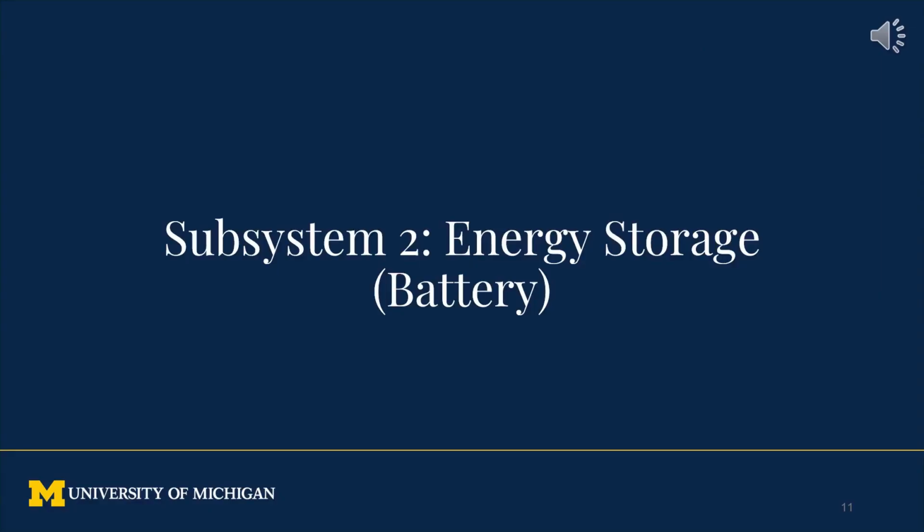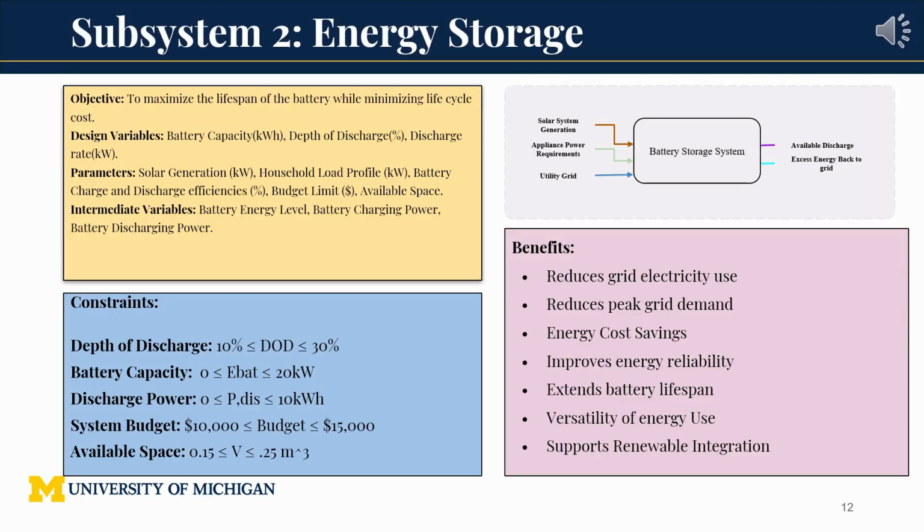Now we move on to subsystem 2, energy storage through the use of a battery. Our goal through subsystem 2 is to maximize battery lifespan while minimizing total lifestyle cost. To do this, we focus on 3 key design variables: battery capacity, depth of charge, and discharge rate. These directly control how much energy we can store, how aggressively we use the battery, and how well we can meet